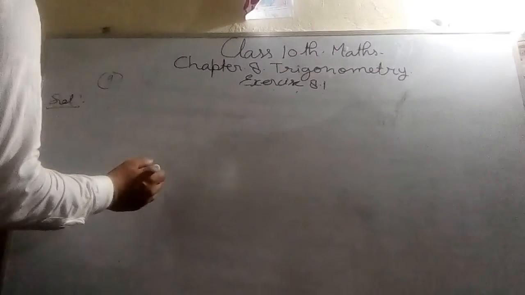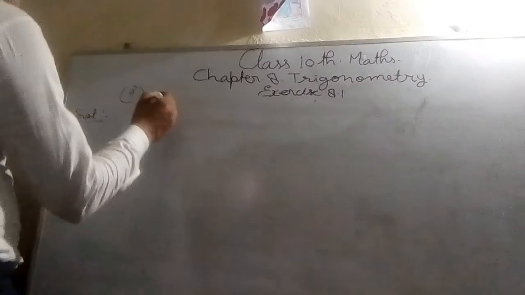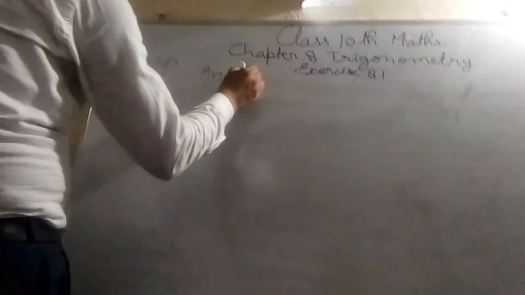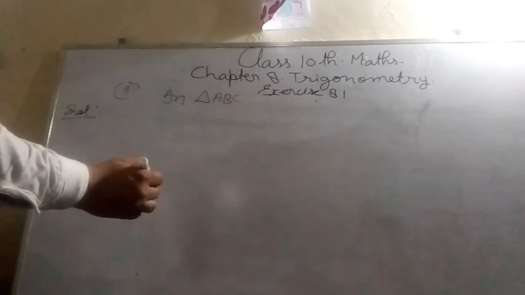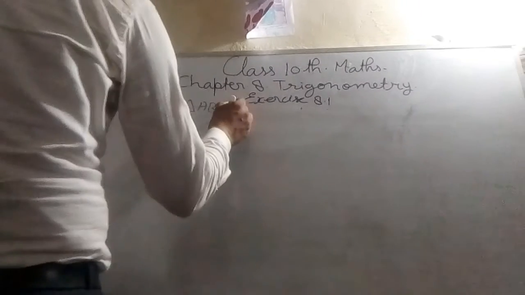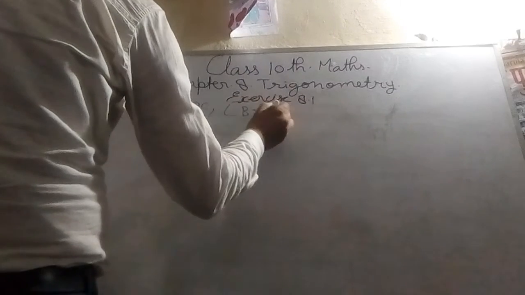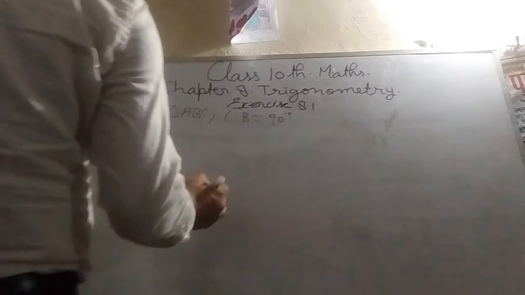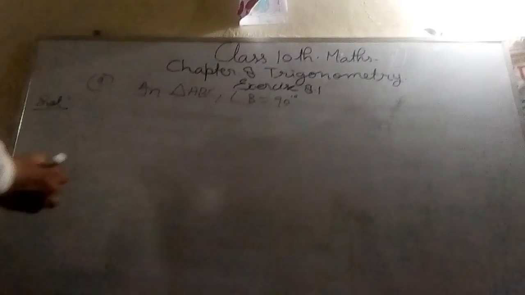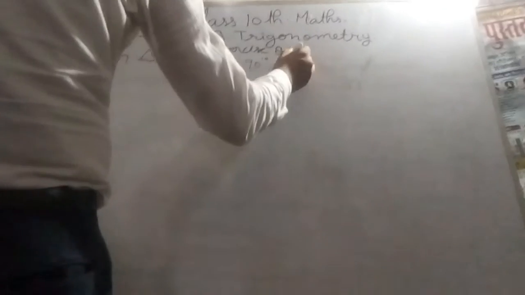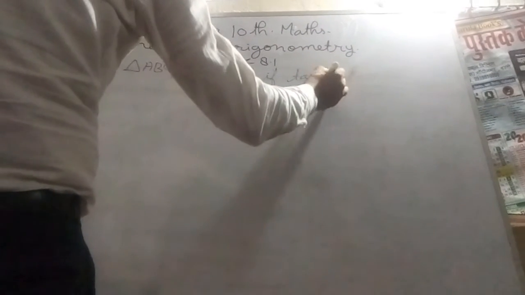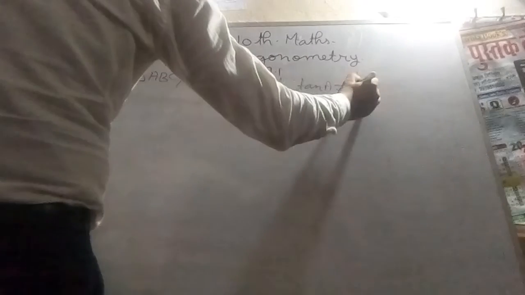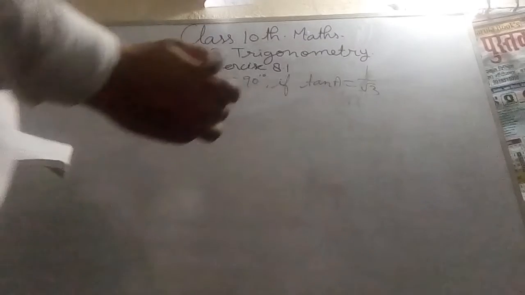In triangle ABC, angle B equal to 90 degree, and if tan A equal to 1 by root 3, find the value of